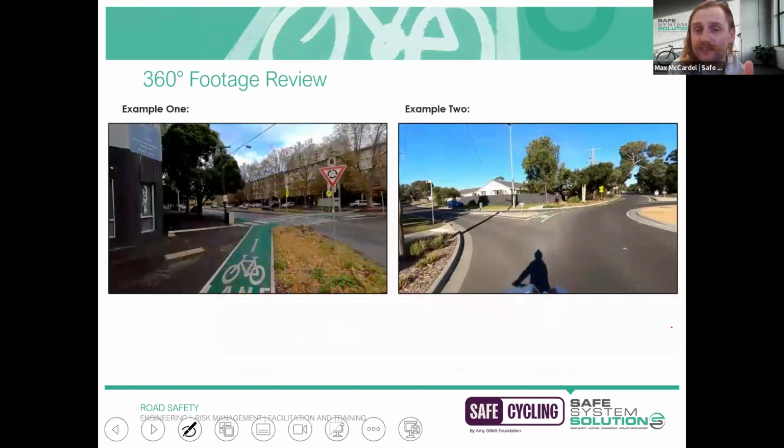We do have a final 360-degree video. I already spoke about this one. You'll get a chance to ride through Melbourne's protected roundabouts. Example 2 is a real good one of, I'm actually doing a right turn here. And I'd recommend as you're watching this, just to swing the camera around and have a look at the vehicle